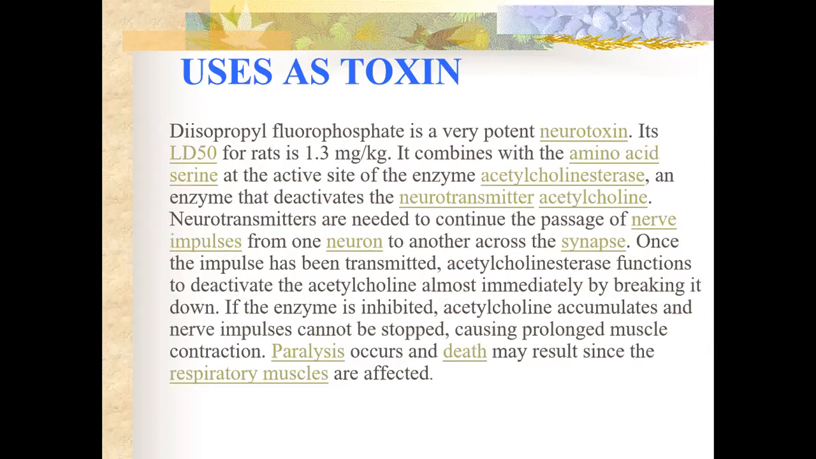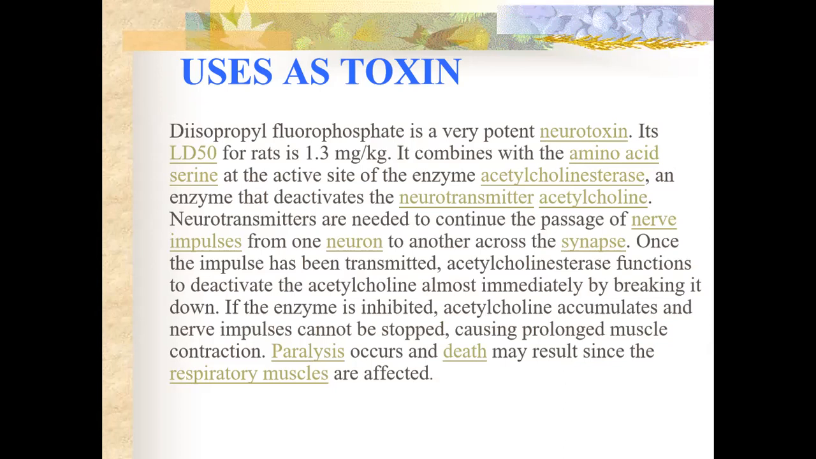Now, uses as a toxin. Diisopropyl fluorophosphate is a very potent neurotoxin. It has an LD50 for rats of 1.3 milligrams per kg, where it combines with the amino acid serine at the active site of the enzyme acetylcholinesterase, the enzyme that deactivates the neurotransmitter acetylcholine. The neurotransmitters are needed to continue the passage of nerve impulses from one neuron to another across the synapse. And once the impulse has been transmitted, acetylcholinesterase functions to deactivate the acetylcholine almost immediately by breaking it down,